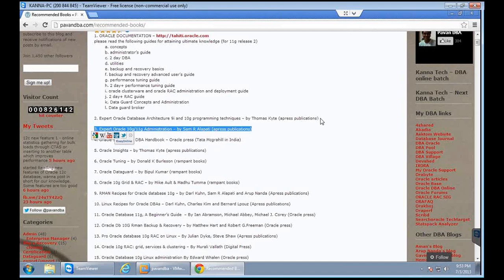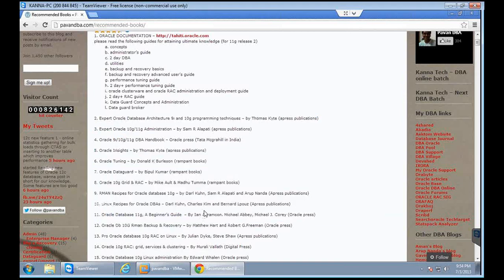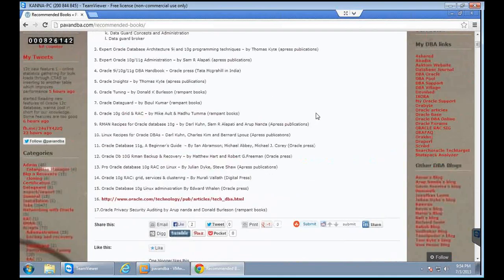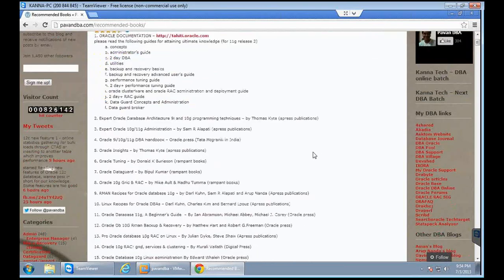Apart from that, you can read the other books which I have specified here, and all these books are available for download. From Google you can download using some cracking websites, or you can do a hard copy purchase and read that. Both as per your wish, and these are very much enough.